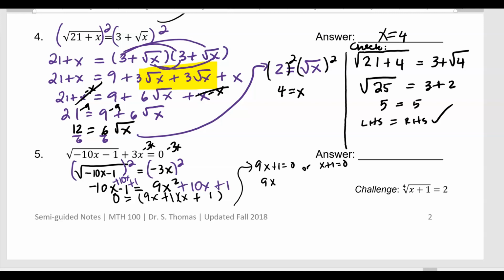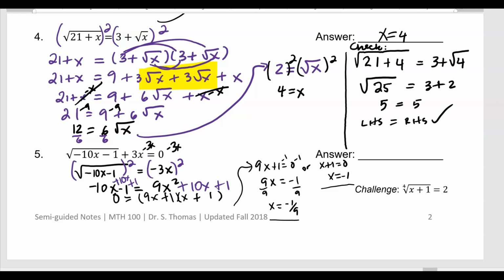So 9x equals, we'll subtract 1, negative 1, divide by 9, x equals negative 1/9. And then over here, x equals negative 1. So these are the two potential solutions. But of course, you're going to have to check those solutions. Now, if I check the